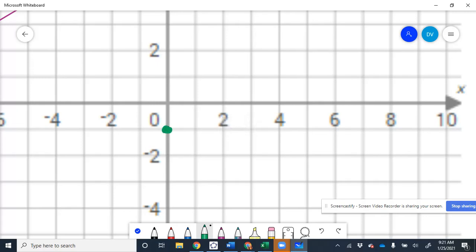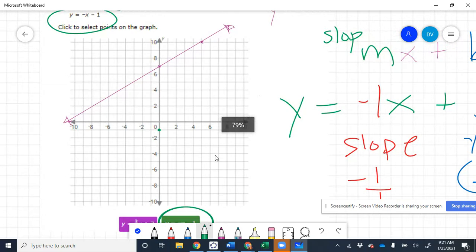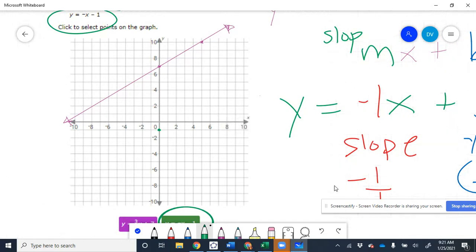Right here, negative 1, 0. And then my slope is a negative 1. In other words, I want to emphasize here that this is a negative number, so my line's going to go, let me just draw it freehand for a second, downward, not upward. Okay, downward as we move from left to right. And how much down? Well, since my slope is, let me remind you that